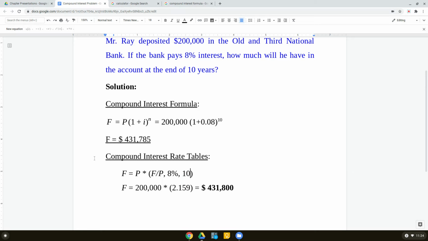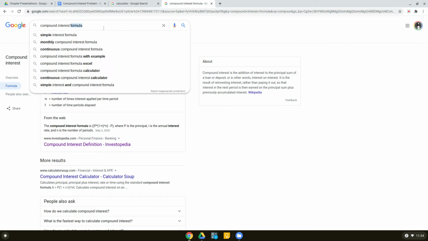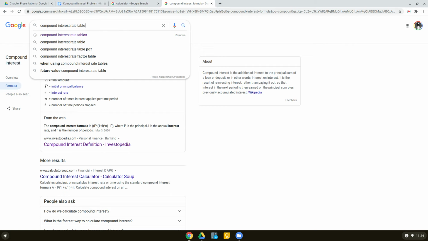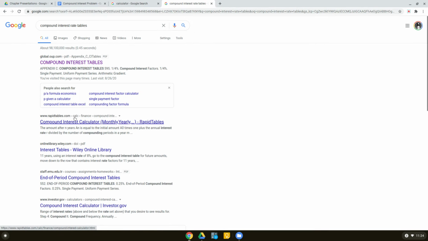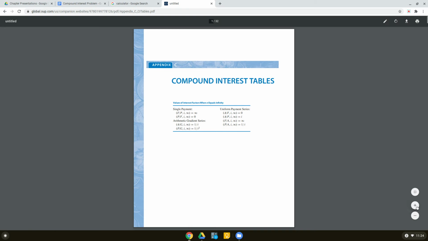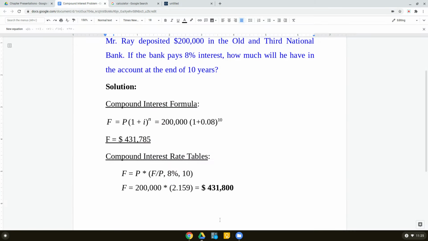Okay, so let's search compound interest rate tables on Google. So you'll get a bunch of links. I will select the first one here. Okay, compound interest rate table. Now the beauty of using this formulation is,